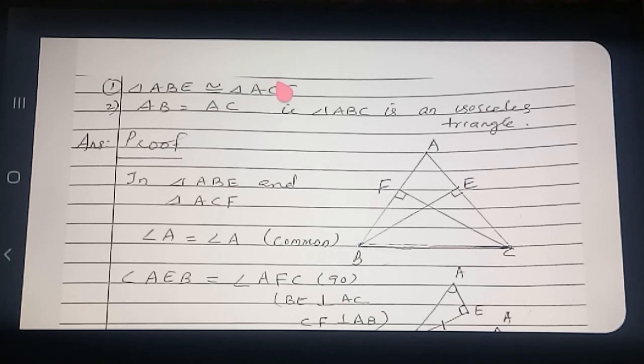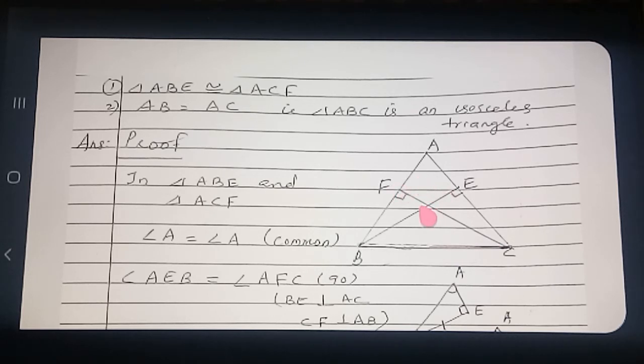We want to prove that triangle ABE is congruent to triangle ACF, and AB equals AC. From this you will get this directly. How will you get it? By CPCT. So your main aim is to prove which one? Triangle ABE and triangle ACF are congruent. Then directly you will get this. Okay? You are doing the same method as the previous proof. Same method, you prove. So here what is given? In the previous rider, AB and AC are equal was given. Here what is given? BE and CF are equal, given.